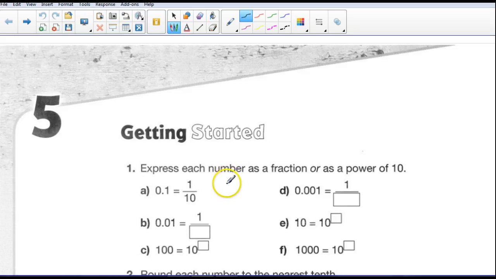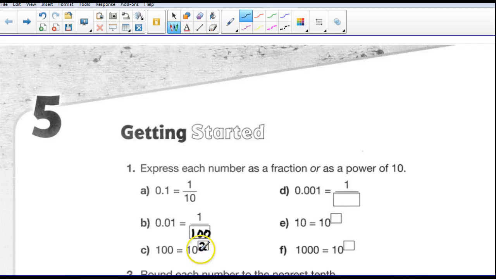Let's just do some warm-up. Express each number as a fraction or as a power of 10. Okay, so 0.1, you can see that we've gone one place to the right of the decimal point, and that's equal to 1/10. Let's do B, 0.01, we've gone to the hundredths column, so that's equivalent to 1 over 100. C, 100 is equal to, well, 10 times 10 is 100, and 10 times 10 is just 10